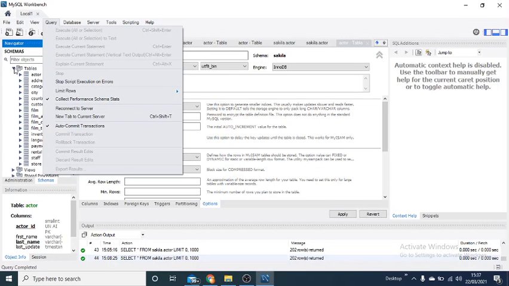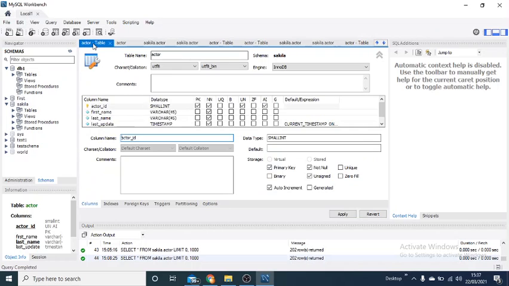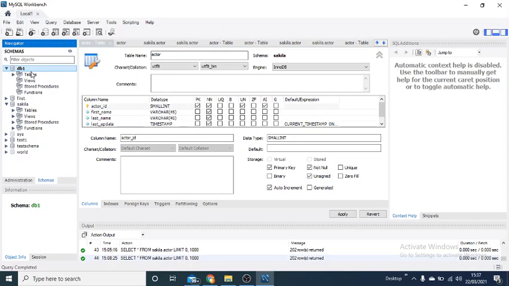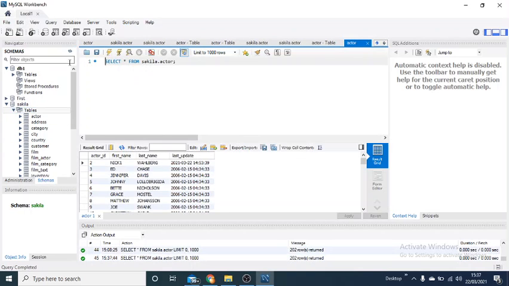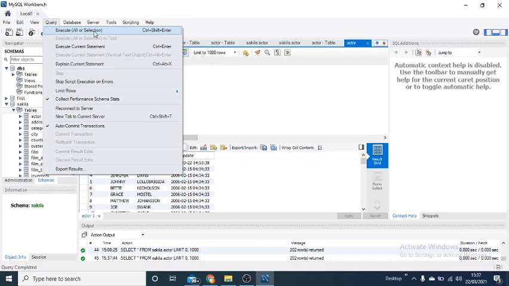In the query section, let me come back to the database area, table area, and let me run a table, so that I will be able to show you all the things, like how it works. So actors table, and let me run a query. If I go to the query section, it tells you execute all selection, execute to text, execute current statement, and so on. So these initial 4 or 5 options are used to execute the SQL query statement which we have to write, or we are going to write.